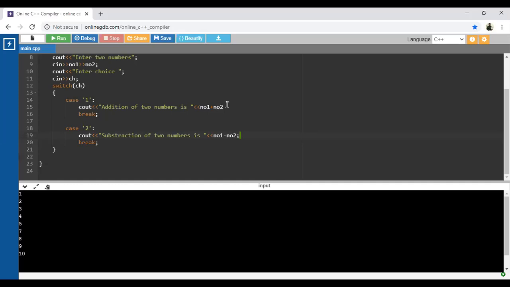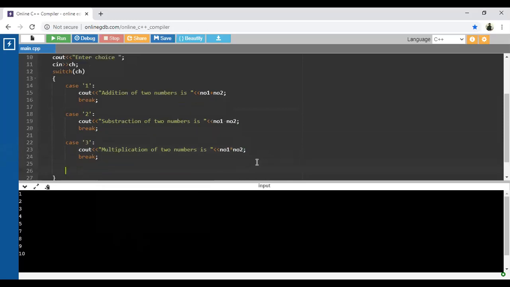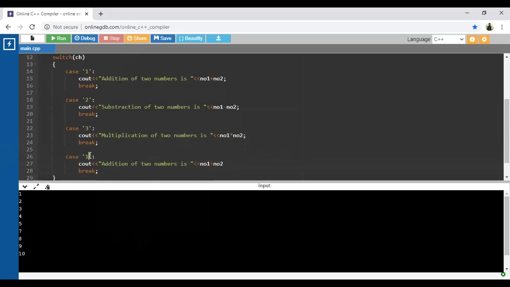At the end of this statement, I have not marked a semicolon. Next, case 3 is for multiplication. Who is going to mark that star, the asterisk sign, symbol? Then next one is case 4.